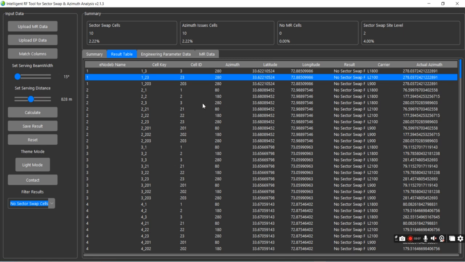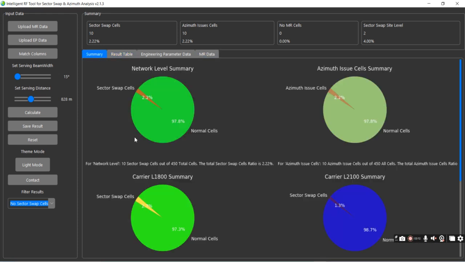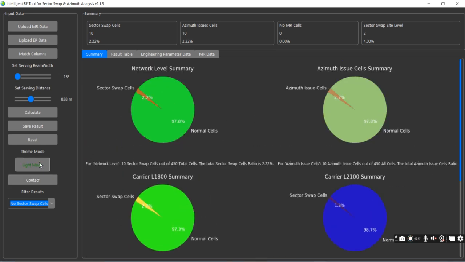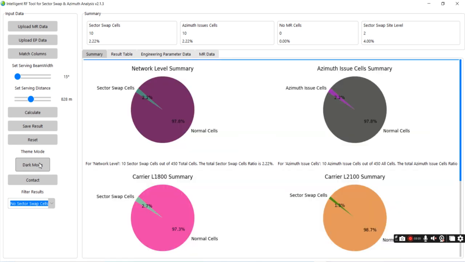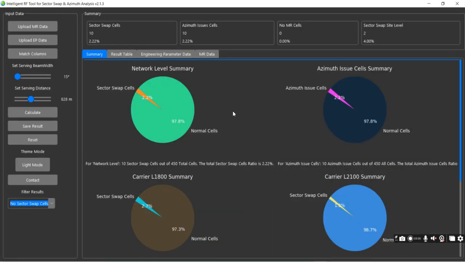So use this tool for your analysis. It will give you a fruitful result, and it can reduce the cost of traditional methods of finding sector swap, analysis, etc. You can change the mode for the look of the tool. If you want a light mode, you can change it from here, and if I want to change to the dark mode, you can change to the dark mode. So anytime, and dynamically the charts, you can make good presentations by copying these images to your PPT and share them with your higher management, and it helps you in that.